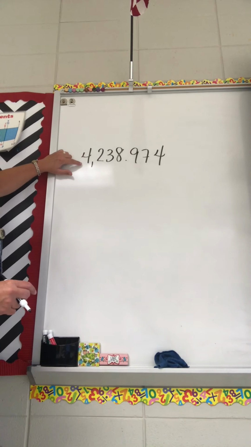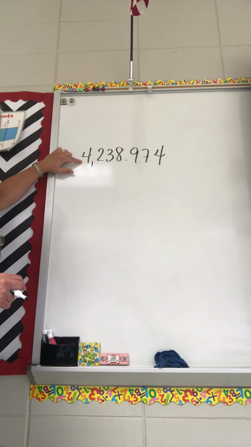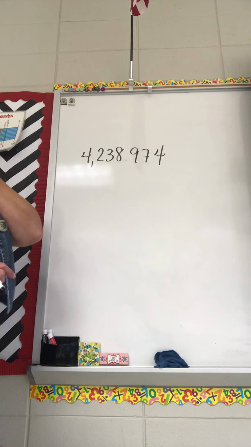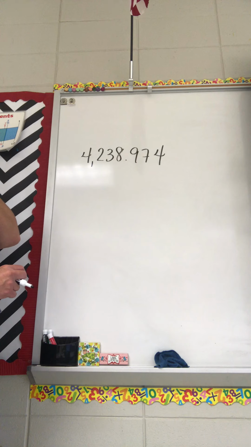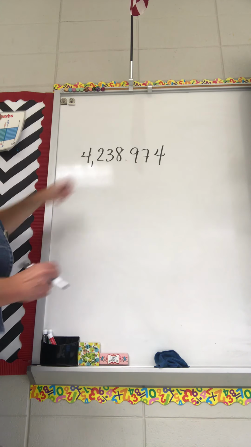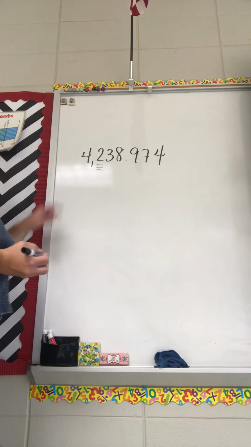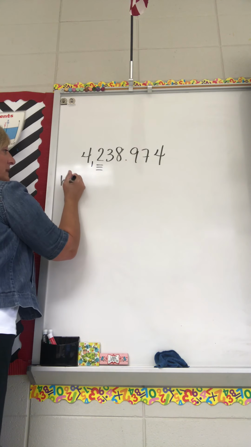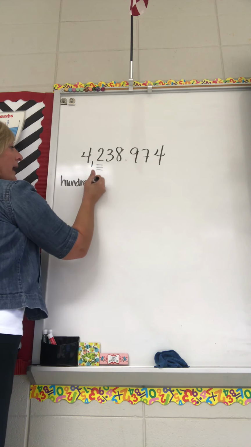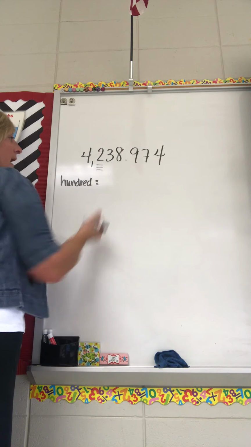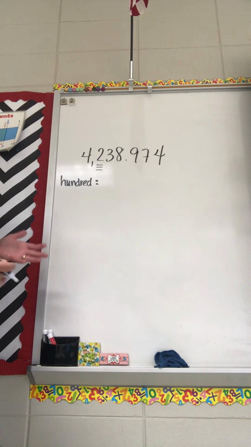If we wanted to take this number and round it into several different positions, the first one we're going to round it to is the nearest hundred. What you could think about in your mind is, if you're rounding this to the nearest hundred position, then that means if you had $100 bills, how many of them would there be and what would it